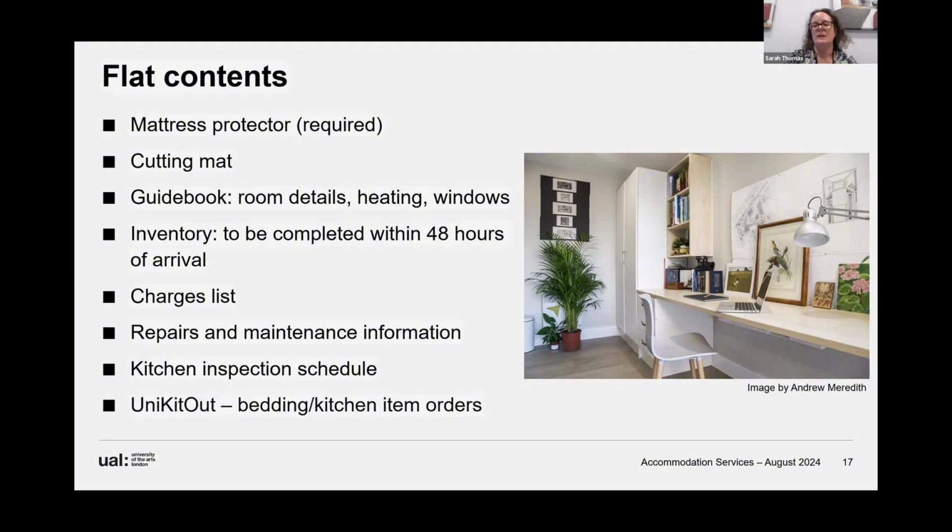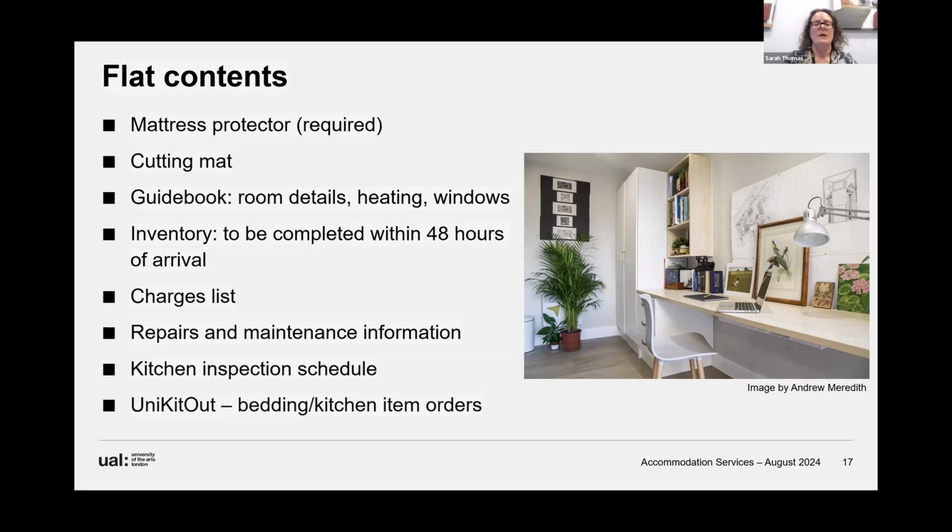We also do kitchen inspections on a monthly basis, so that we tell you in advance when we're coming, so you can work together with flatmates to clean and tidy the kitchen. We then leave inspection forms to tell you if anything needs putting right, and if necessary, come back in a couple of days. If it's not rectified to a certain standard, then we can get cleaning contractors in, but that